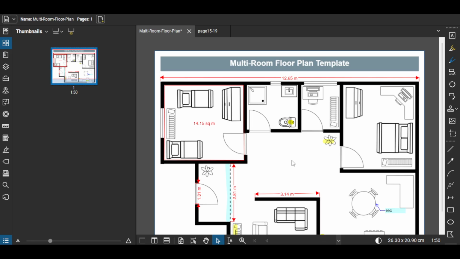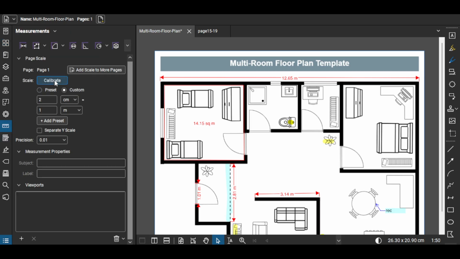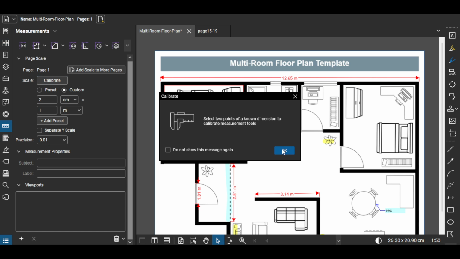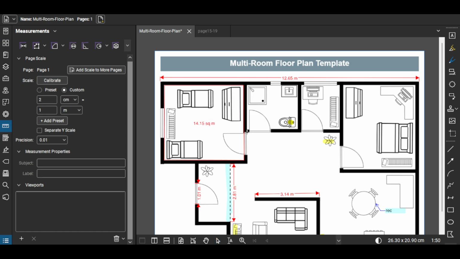before you start. Next, calibrate the drawing so your measurements are accurate. Go to Measurements and choose Calibrate. Pick 2 points on the drawing with a known real-world distance, like the ends of a dimension line. Click the first point, click the second, then enter the actual length and confirm the units such as feet and